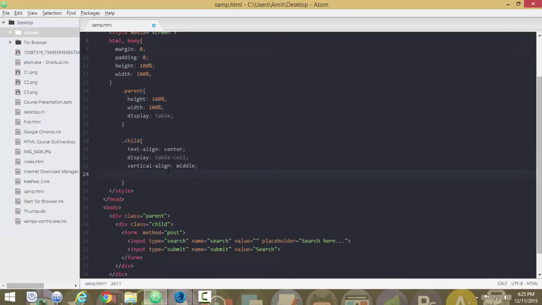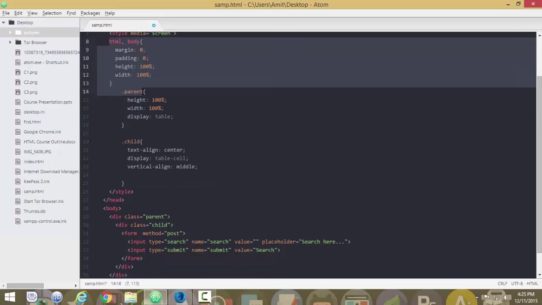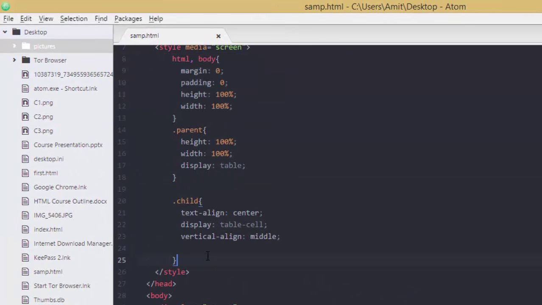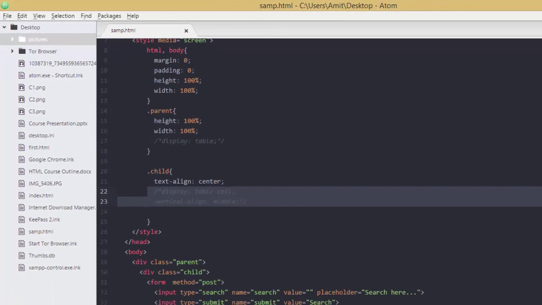Okay, so let me just indent these properties. Let's comment out this table property, display table, and these two properties too, and let's see the result again.